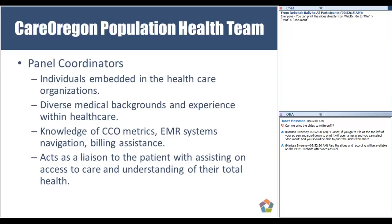So we have access to communication with the nurses, communication with the support staff and the providers, so that we understand what it is that they're doing with the patient, as well as understanding the initiatives that we're going forward with these metrics. So those are some of the things that we have as far as our qualities coming in as panel coordinators. We're also liaisons for the patient,